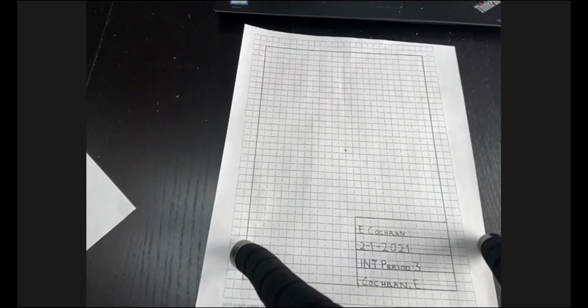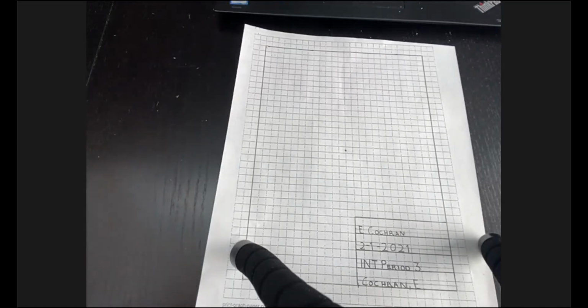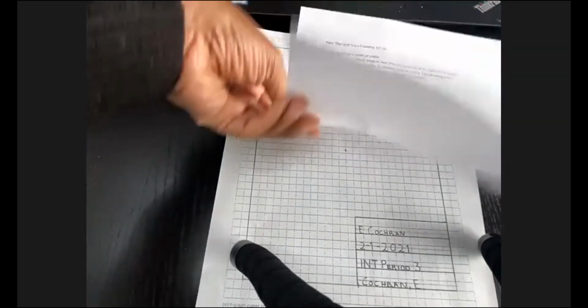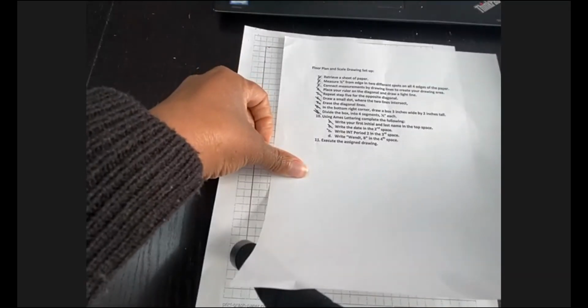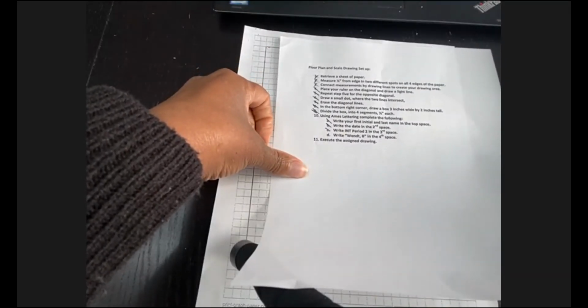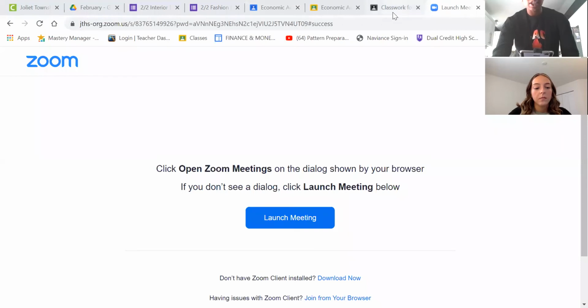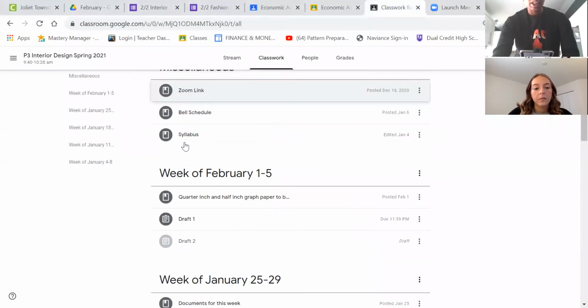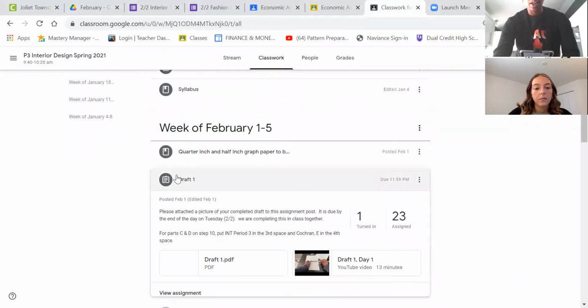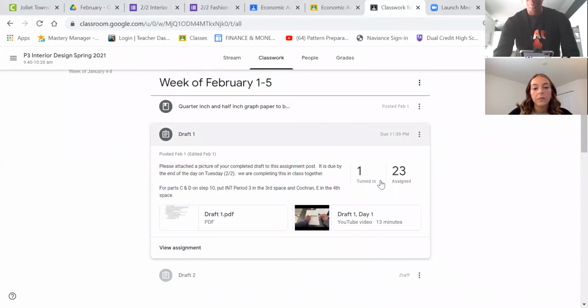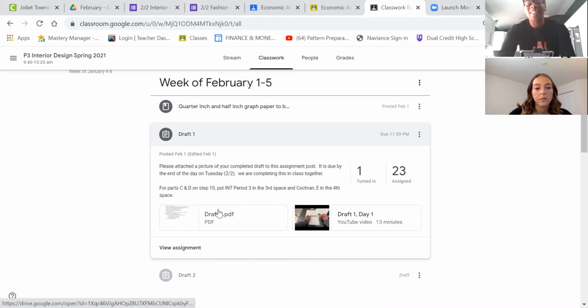All right, so what we're doing now is step 11 that is on that PDF from the assignment yesterday. Let me real quick share my regular screen, so we are all together and on the same page. If you're looking at the assignment post, we're right here on draft 1. If you turned it in, I won't go in there and see who it is right now, but unsubmit it because we have to finish